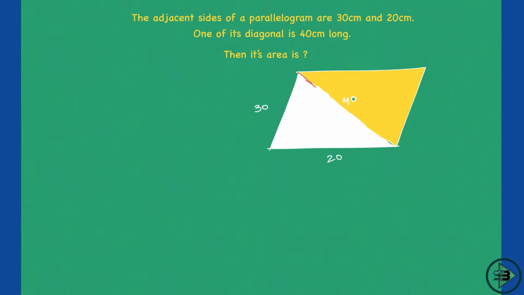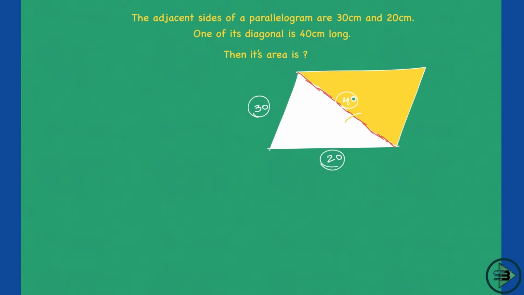So in case you don't know this, refer to geometry class. That is why geometry class is done before this, because you should know all this basic concept before you actually go ahead and solve these problems. I know the diagonal always divides it into two equal parts. So if I know the area of this triangle, I'll double this and I'll get the area of this parallelogram.